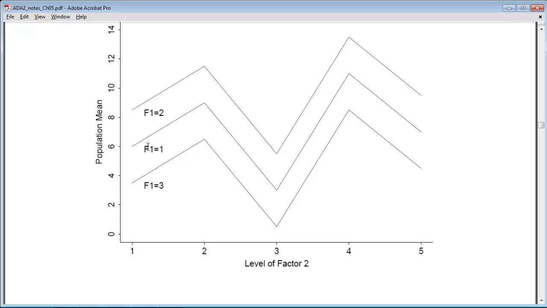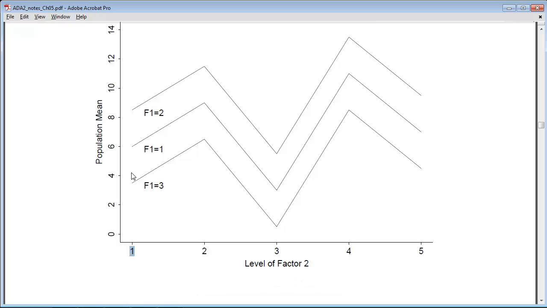Just to make this similar to the beetle example, let's let the second level of factor 1 be the low dose, the first level of factor 1 be the medium dose, and the third level of factor 1 be the high dose. So we've got long survival times at the top and short survival times at the bottom. There's no interaction here, these parallel lines, because you can think of it as being conditional, whether there's conditional dependence or not. So conditional on level 1 of factor 2,